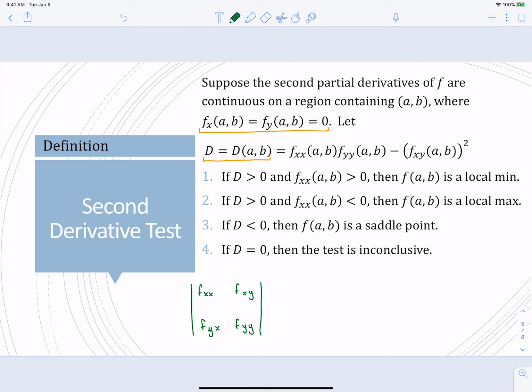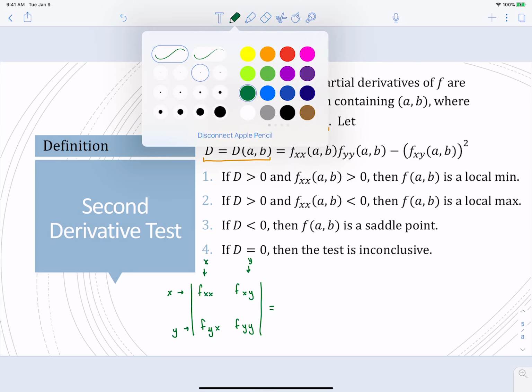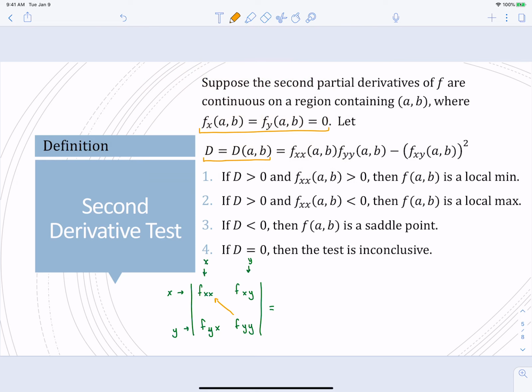F of y. There we go. And the way that you can look at this matrix that I set up is that our first row is x and our second row is y. Our first column is x and our second column is y. And the rows are telling us what derivative we're taking first. Our columns are telling us what derivative we took second. And if we take the determinant of this, remember that determinant, it's been a little while. We did this with cross product. We multiply those diagonal elements, and so we get f of xx times f of yy